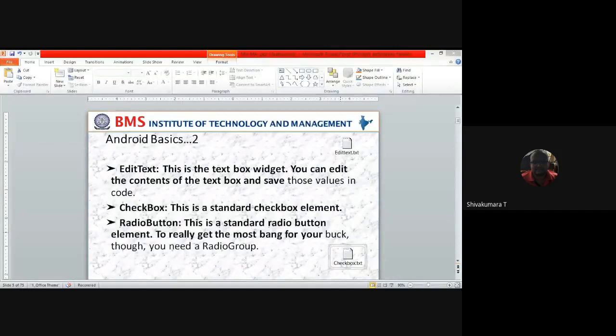The use of a checkbox is, suppose you want to select multiple options, then we go with a checkbox. The syntax of a checkbox is this one.